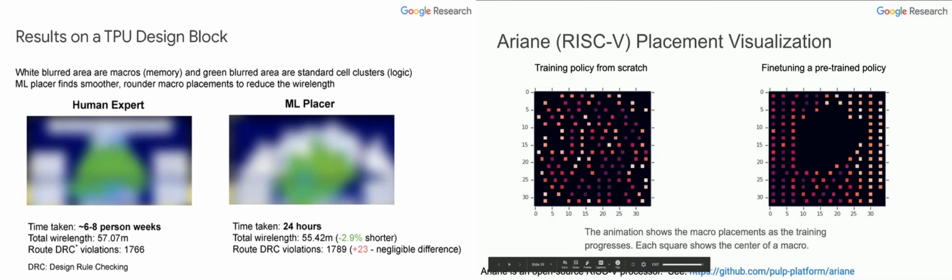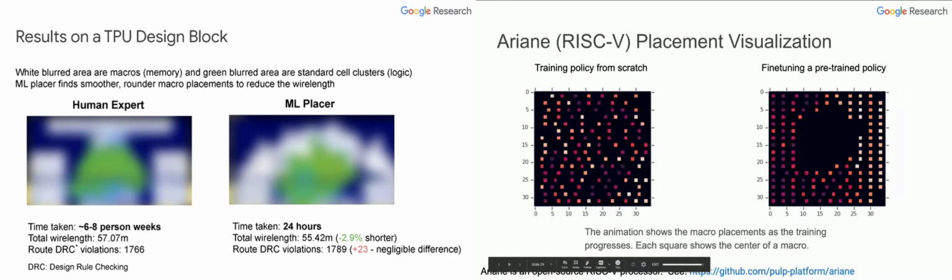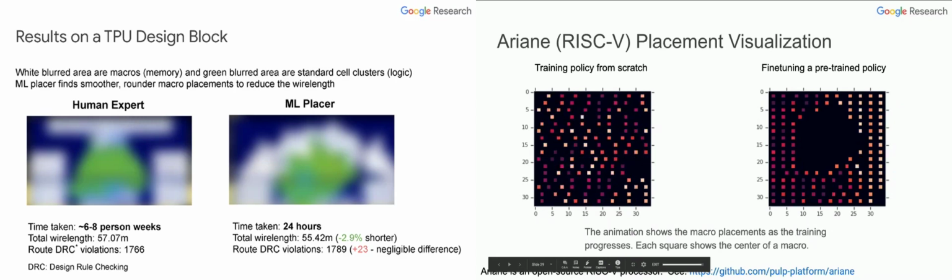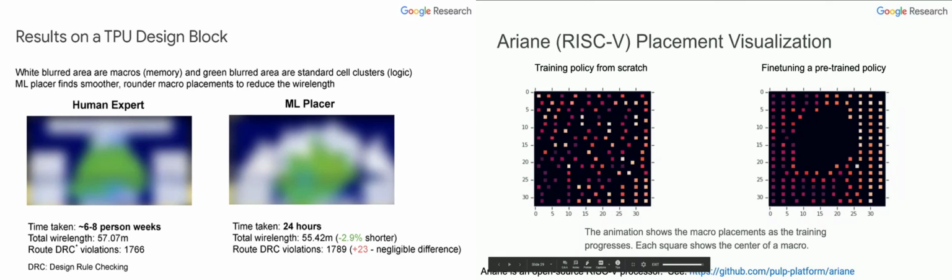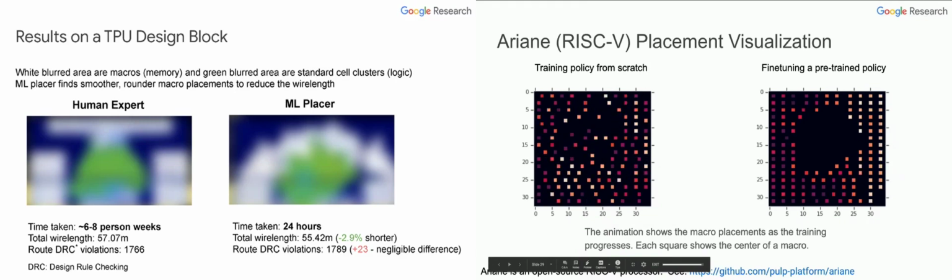And when you train the policy from scratch, you essentially start from random placements. And so the system does eventually figure out that it should have this cluster of logic in sort of one cohesive region in the chip, generally in the center. But it does take a little while to figure that out during the process. You can see now it's starting to figure it out.